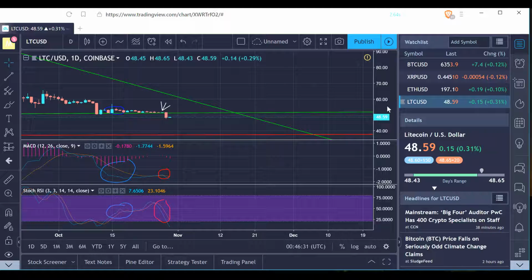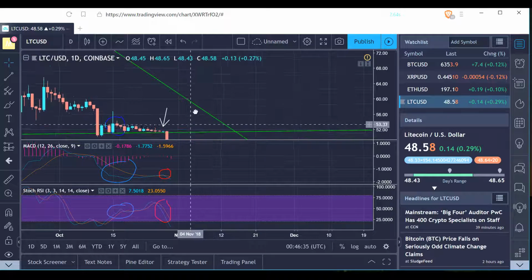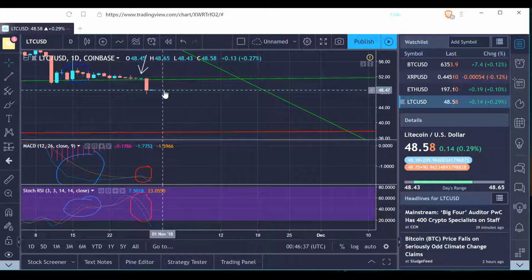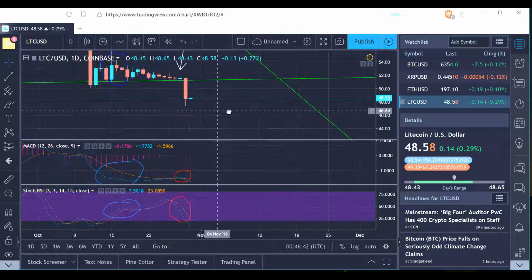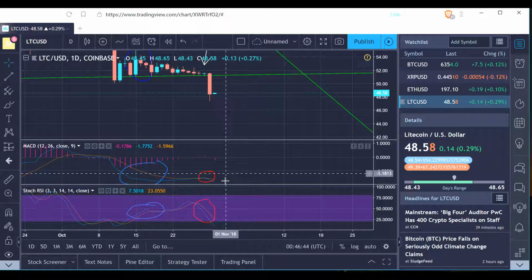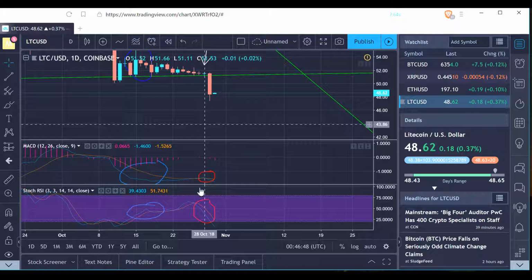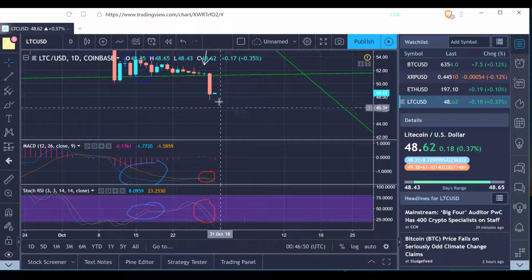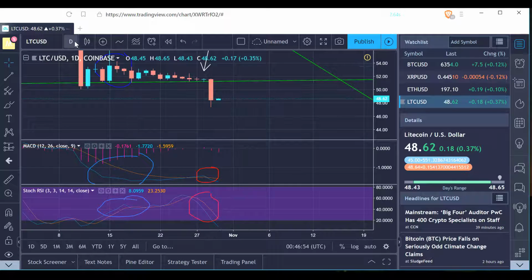What we need to see Litecoin do is get back up to this level of support, and get back up in a hurry. The problem with Litecoin doing that is, currently where it sits, we are in a bearish indication. Although this one should come back and turn bullish, it is still very bearish right now. And again,